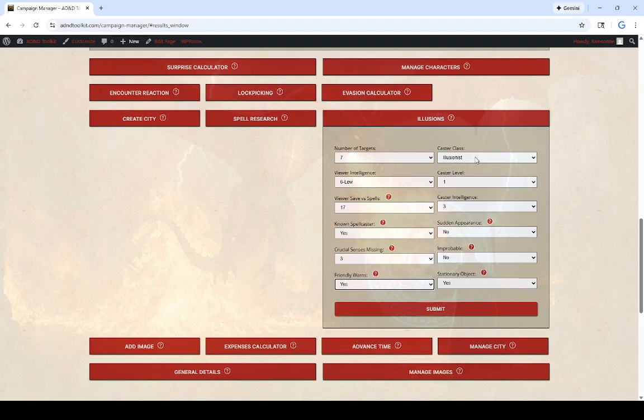The caster class is the caster, an illusionist, a mage, a thief possibly using a scroll, or some other item, a magic item that allows other classes to use illusions. A wand of illusion. So the origin of the illusion you check here, the level of that caster, the intelligence of the caster,